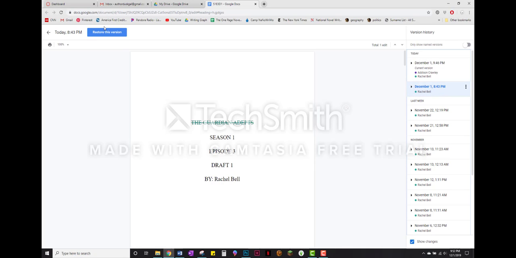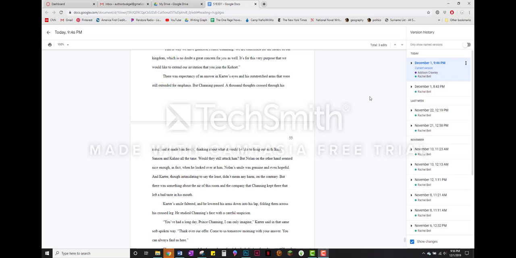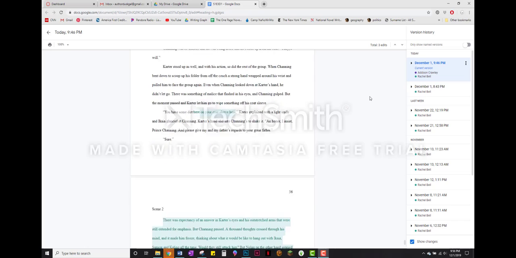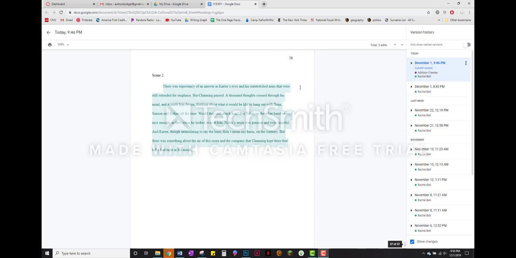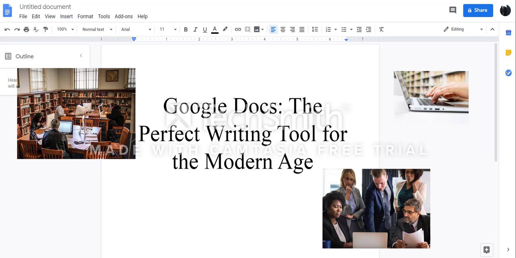So in Google Docs, you actually never lose your work ever, which is so useful for people like me who are constantly editing and changing what's in my documents. If you scroll down in the same saving page, you can see that all recent changes you've made are in green. You can even see the previous edits you have made, shown with crossed out green lines and the replacement words next to it. So that's all the useful things in Google Docs that are valid to anyone, student, professional, or creator, in our modern world of internet communication.